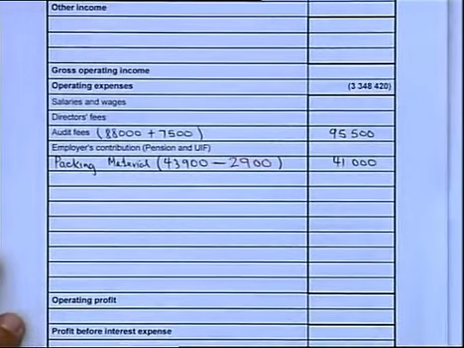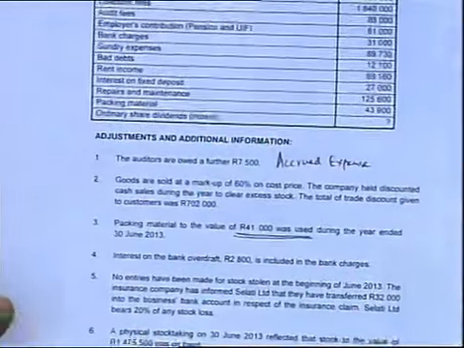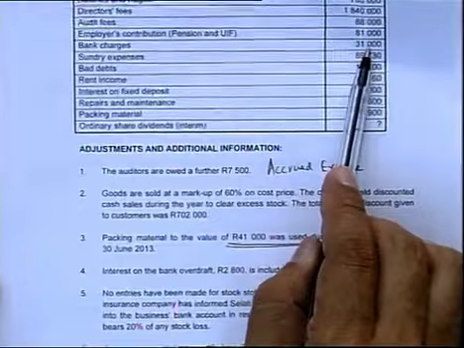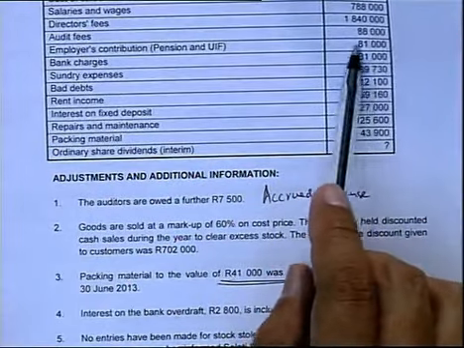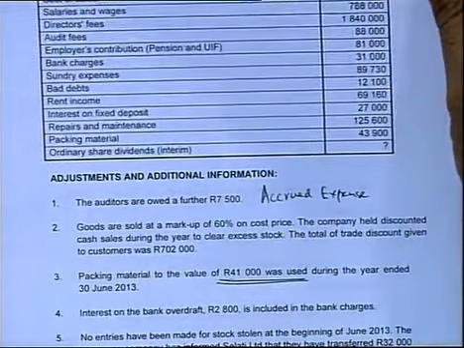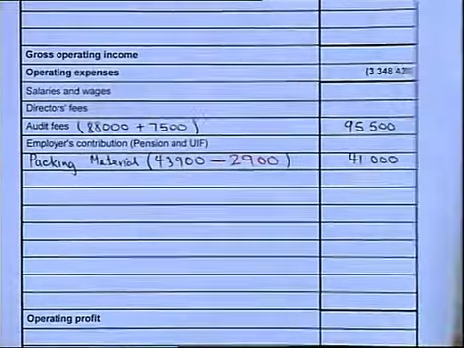Right, the next adjustment, number 4, talks about interest on overdraft of 2,800 that is included in the bank charges. So if we look at the bank charges, it is 31,000. So included in the bank charges is a figure of 2,800 that belongs to the interest expense portion. So if we look at the income statement,